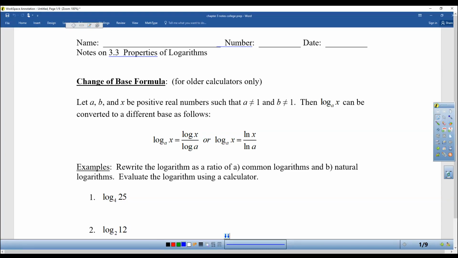Everyone, and welcome to Precalculus, section 3.3, Properties of Logarithms. This is usually everybody's favorite section in this chapter. The first little thing I want to just get out of the way is something called a change of base